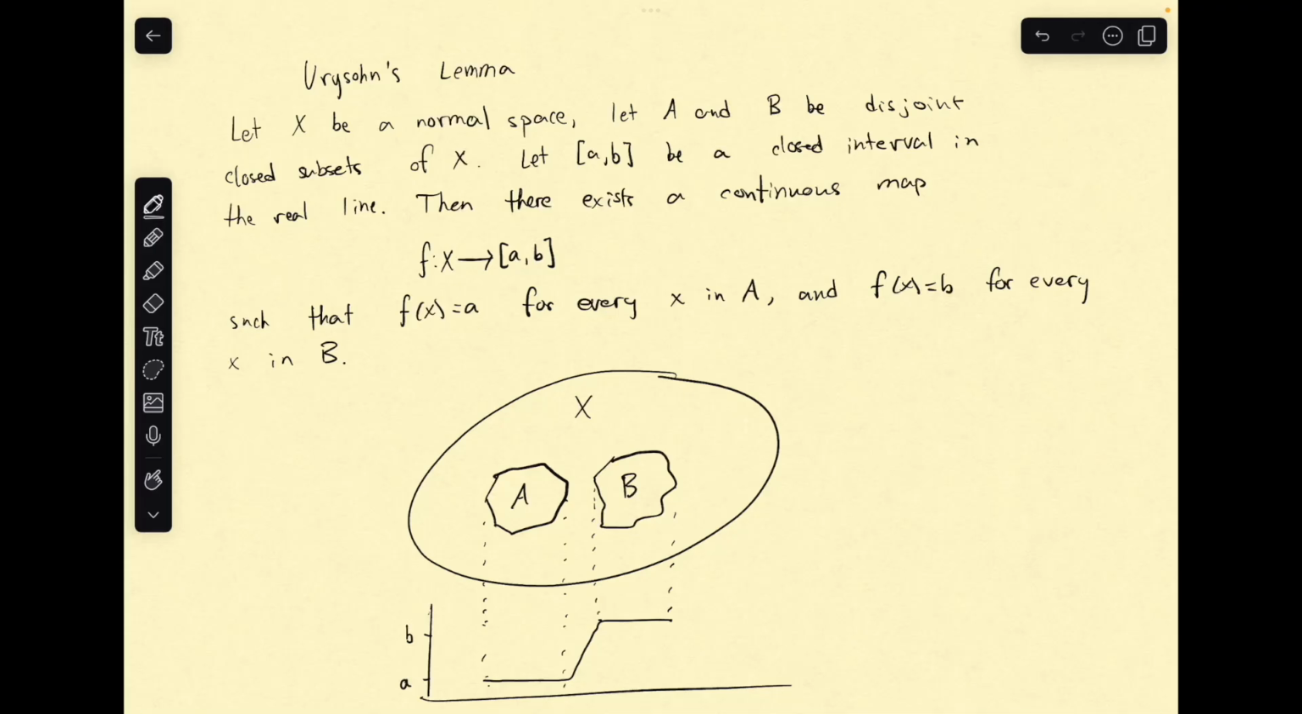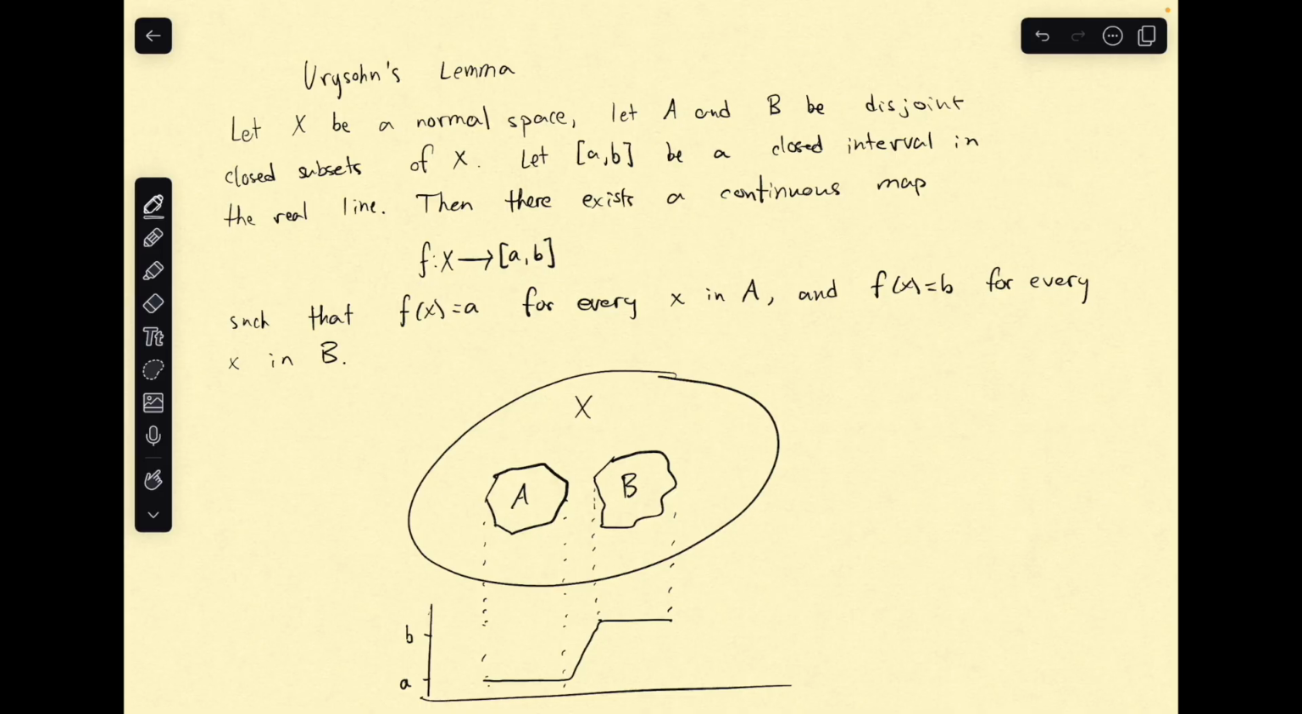In this video, we're going to go over the proof for Urysohn's lemma, which is a different way of looking at the separation of different sets within a normal space. So what it says is that assume X is a normal space and let A and B be disjoint closed subsets of X. Then there exists a continuous function, f of X, mapping elements of X to this closed interval